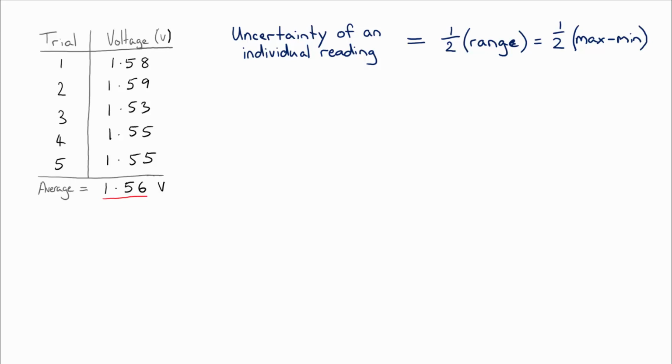So we say that an individual measurement or reading has an uncertainty of half the range. Now, it's really important to point out here that the value of this uncertainty is not necessarily the same as whatever your instrumental uncertainty is, so whatever uncertainty you anticipated based on the size of the divisions on your measuring instrument. The uncertainty that you calculate for an individual reading might turn out to be larger than the instrument uncertainty because of sources of random error that cause the numbers to vary evenly above and below where your average